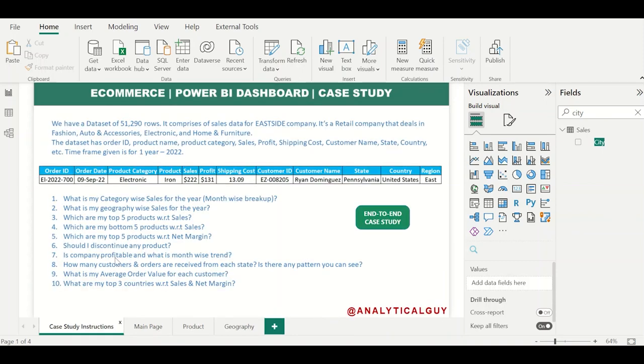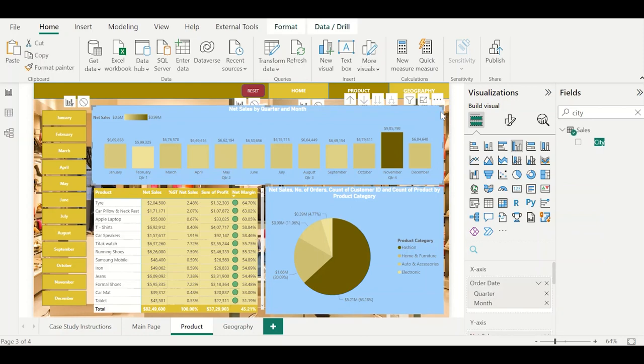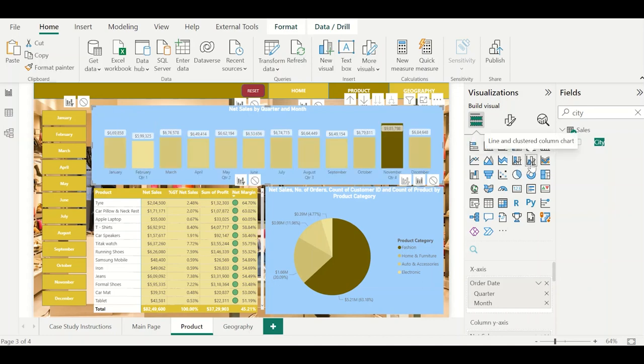Now, is the company profitable and what is the month-wise trend? Definitely, if you see, the net margin is somewhere around 45%, right? So definitely the company is profitable. Now if I want to have the trend month-wise for the margin, let me just add this particular graph,